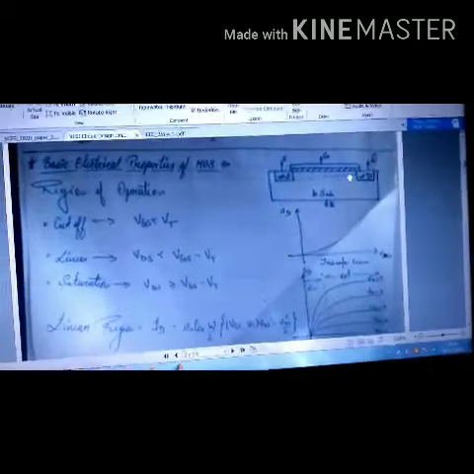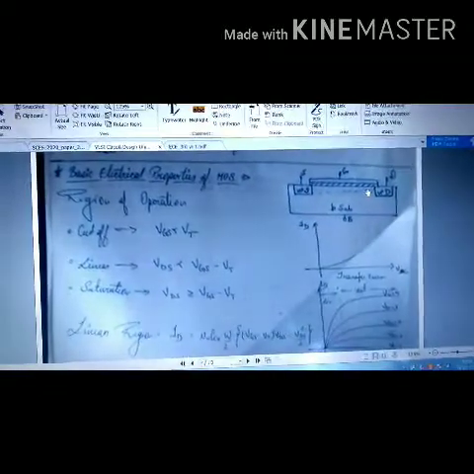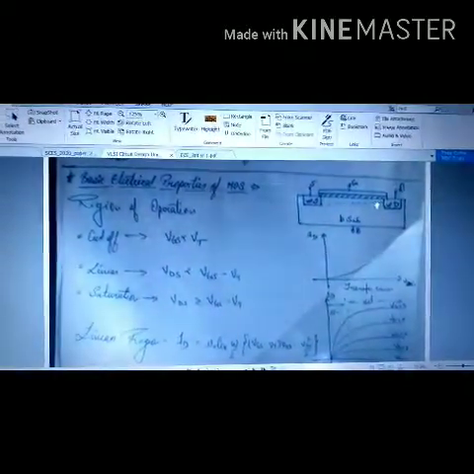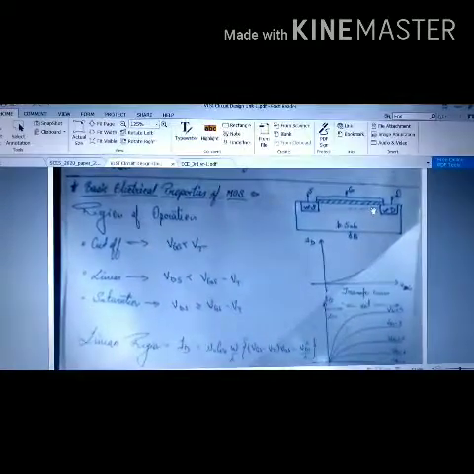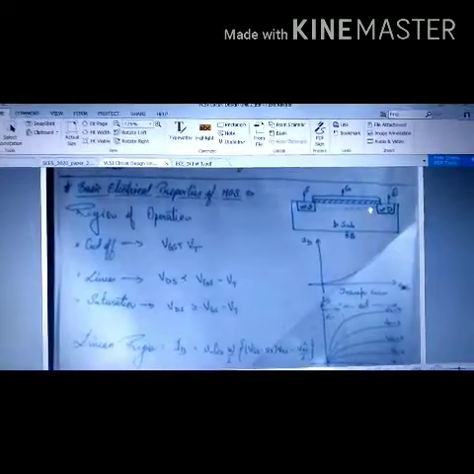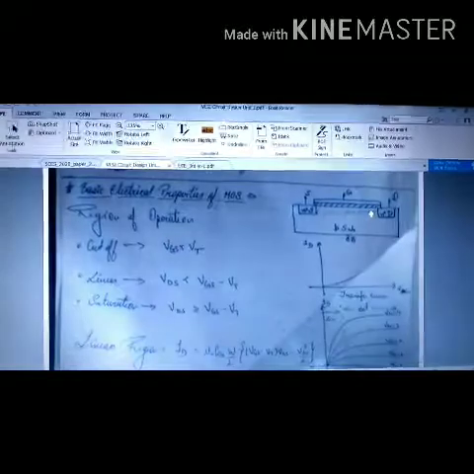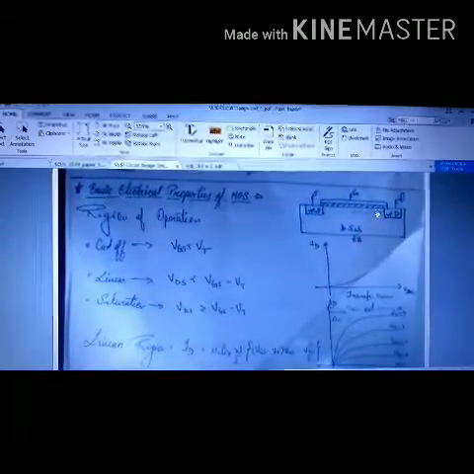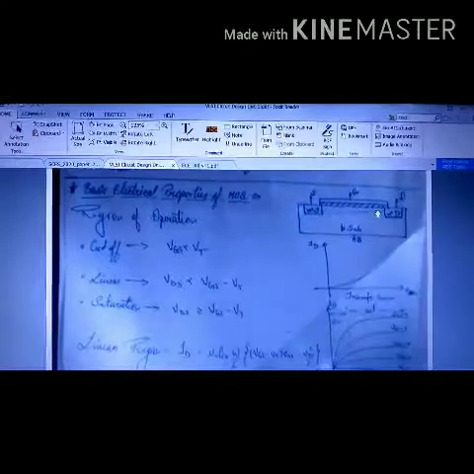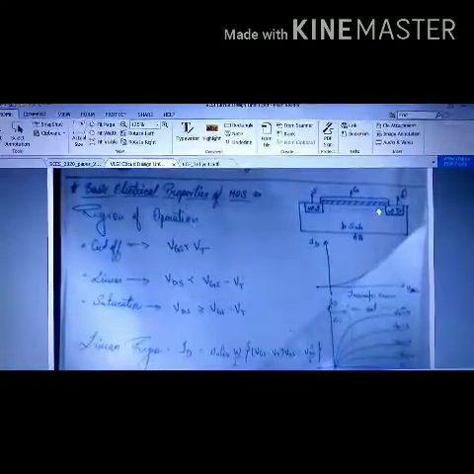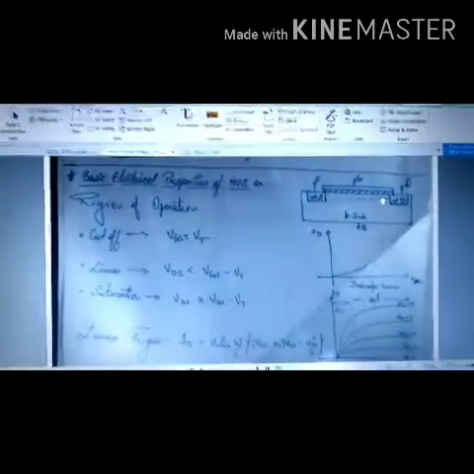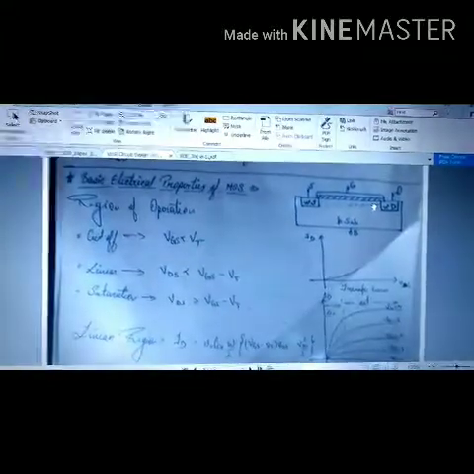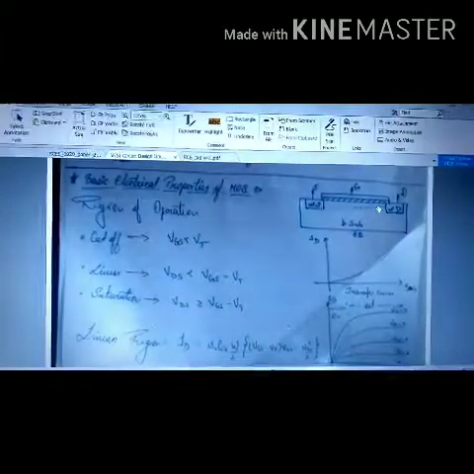Okay, so the first condition is cutoff. Cutoff is a condition which happens at VGS less than VT, that is, the gate source voltage. Since the source is at ground potential, it is taken as the reference voltage. Now if we apply a positive voltage at the gate, the difference between the gate and source potential is known as VGS. Now if VGS is less than a particular voltage VT,